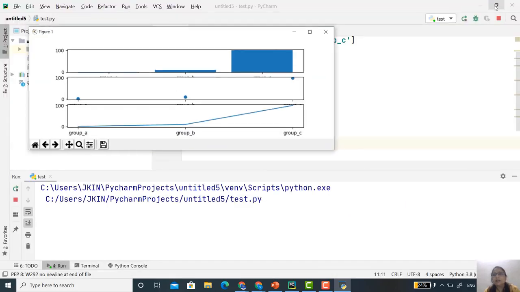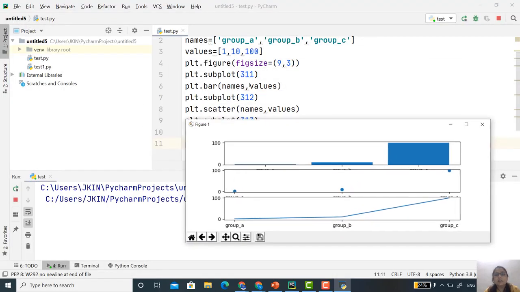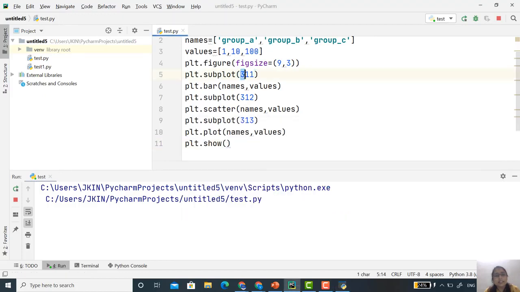That's why I have specified: the first 3 indicates the rows, the second indicates the columns. So I want a subplot in 3 rows, 1 column, and out of that I want the first graph, my bar graph. Now the second is the same, 3 rows, 1 column, and inside that I want the second graph, my scatter. Again 3 rows, 1 column, and the third is a simple line.